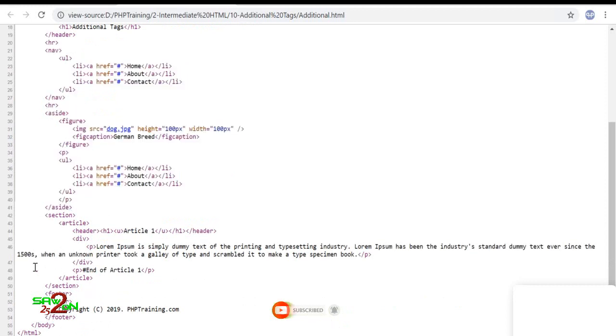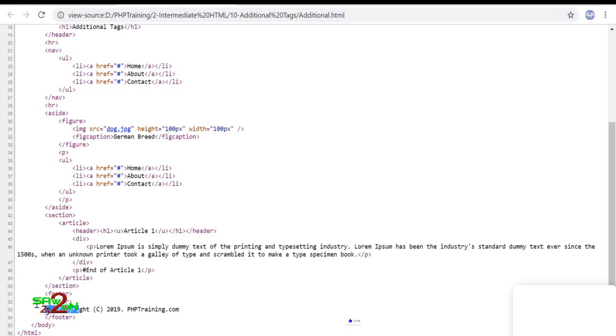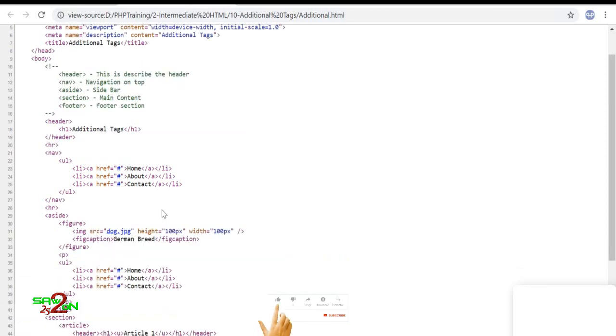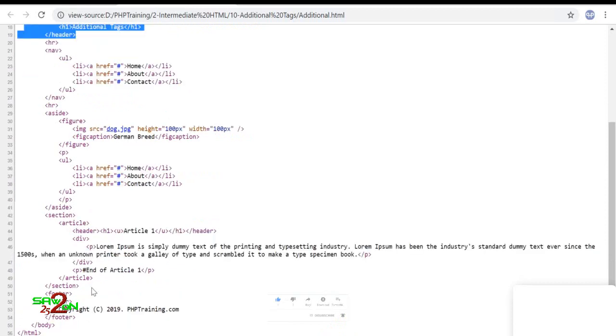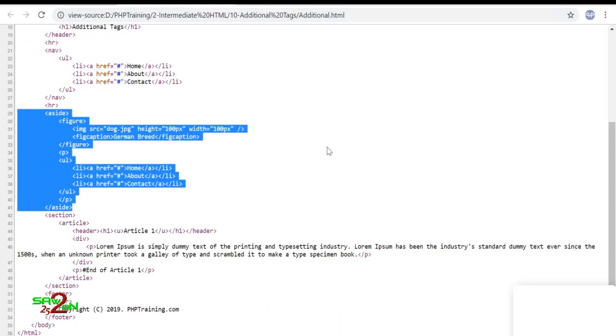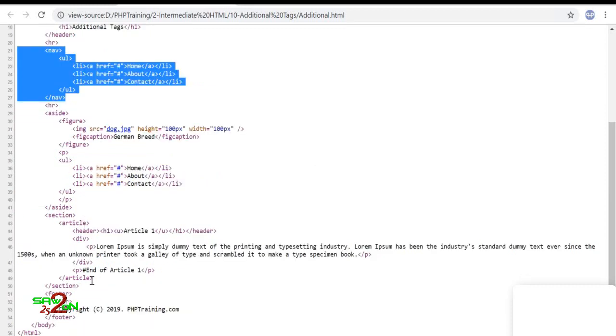Then apart from that, you have your section, which we have looked at in the previous section, article, header, and then you have your footer. Then you can also have the footer showing at the bottom. Well, this is how we organize our HTML page, right? If you're writing a website, you definitely have this kind of components. You will have a header and footer for sure, right? And maybe you have sidebars, left sidebar or right sidebar or both. You'll definitely have the navigation on the website, and then you will also have some sections.